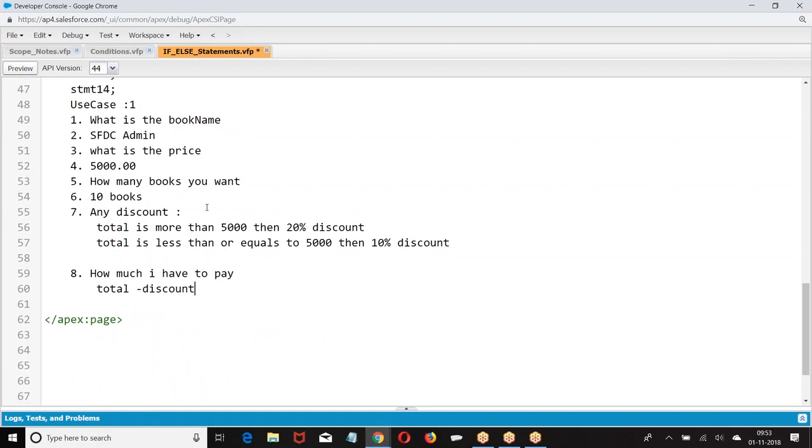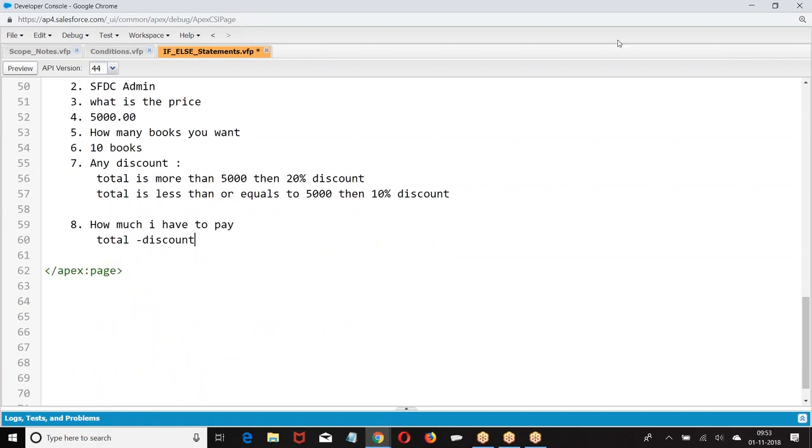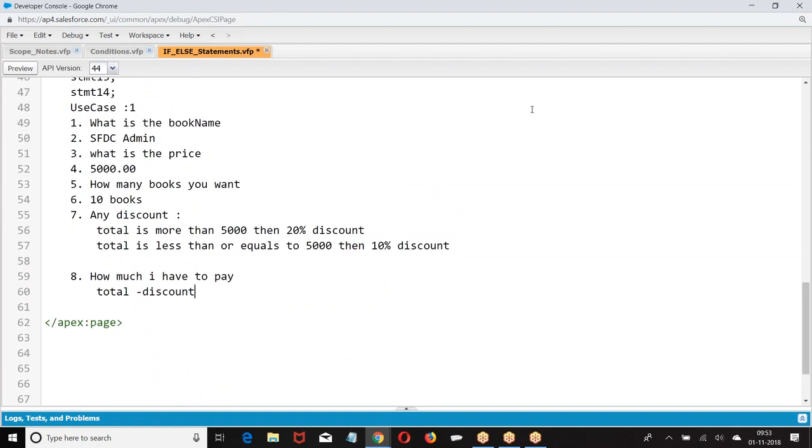Now this is my requirement. Now look at this requirement. You identify what data is required, then start building the logic. First identify what data is involved, what calculations are involved, then start building the code.